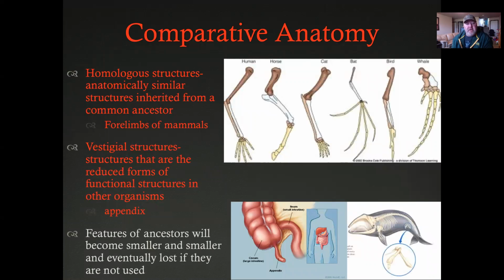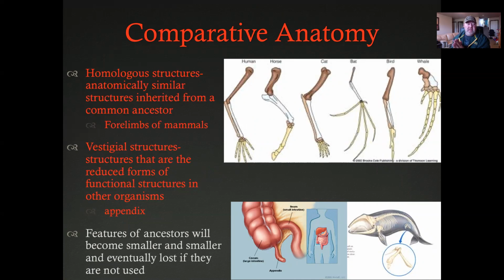There's also comparative anatomy, and there's two different parts here. So we're basically comparing the anatomy amongst different organisms. There's homologous structures. Those are ones that are anatomically similar, and that means like where on the body they are, inherited from a common ancestor, like the forelimbs of mammals, right? Horses and humans are very different organisms, but we both have forelimbs, right? And we have two on the upper part of our body and two on the lower part of our body, right? Arms and legs. Well, you can think about horses having arms and legs, but we just call them legs, okay? So the forelimbs of animals would be considered homologous structures because they are anatomically found in roughly the same place.